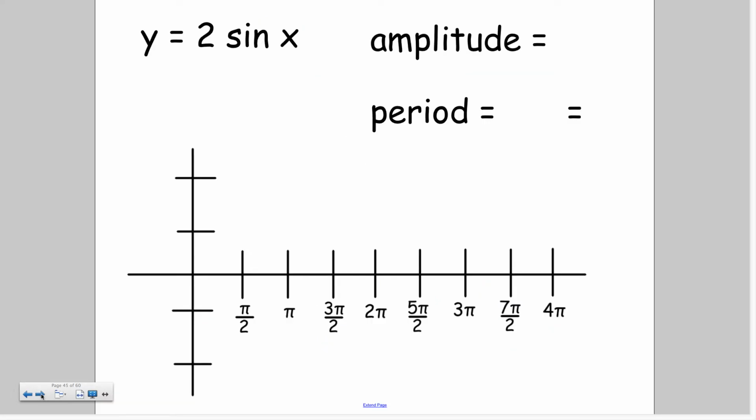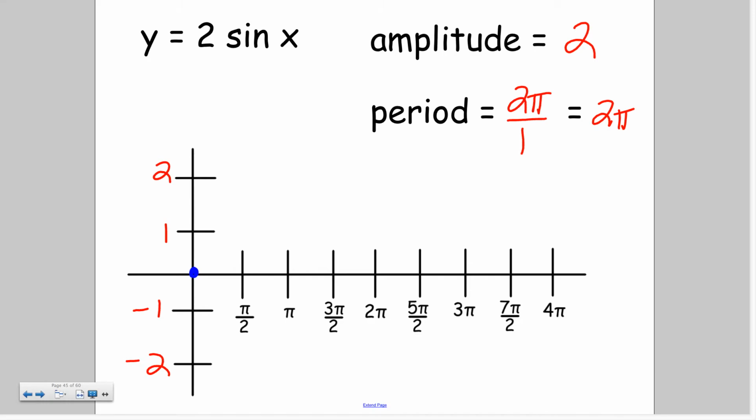Alright. So in this one, you've got an amplitude of 2. Then you've got 2 pi over whatever's in front of x. Since nothing is in front of x, it's understood to be a 1, which just simplifies to 2 pi. So your amplitude, your height goes up to 2. So we're going to go down to -2. And we're doing sine, so we've got